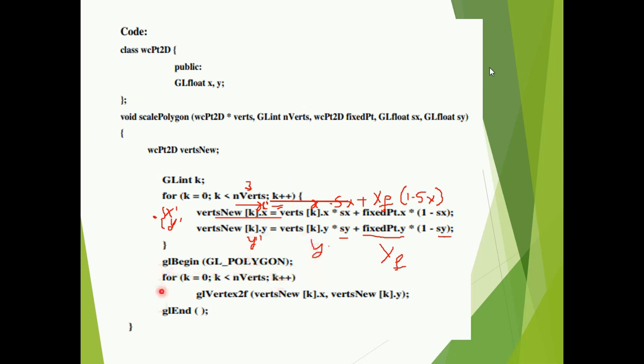So that's why we have the code glBegin(GL_POLYGON), for k is equal to 0, k less than number of vertices, k plus plus, and one by one you are going to generate the vertex. These values are taken from the array, the new vertex values you generated in the previous lines of code. Then one by one you start drawing the actual figure on the screen. Okay, then glBegin has to end with glEnd.